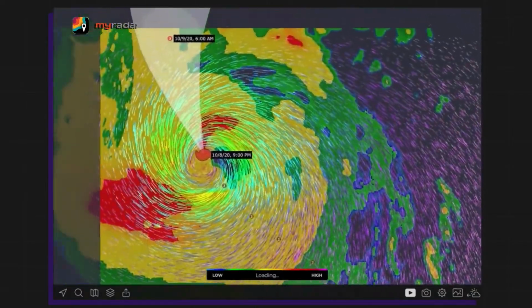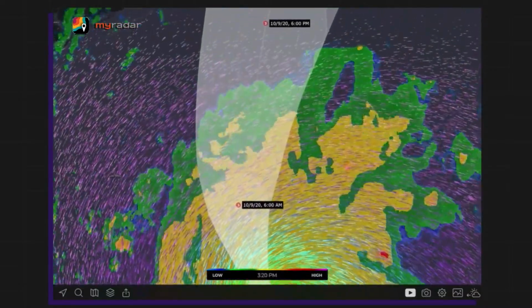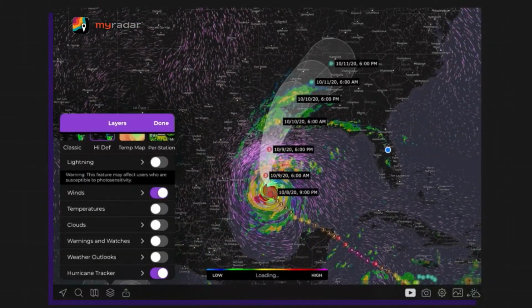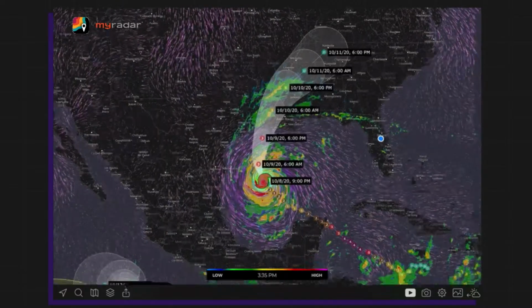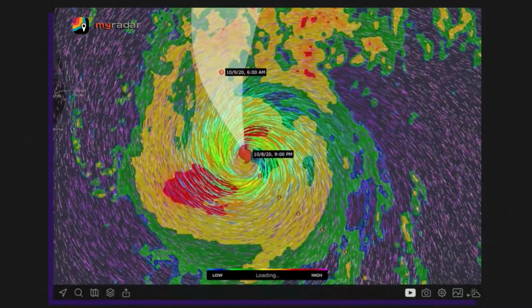The path from the National Hurricane Center, though, taking it very close to the path of Hurricane Laura. If you remember from earlier this season, a major hurricane, a Category 4 hurricane at landfall. Matt, if you can zoom back into the path there, we're on current hurricanes. We don't need to bring up Laura, but the key here